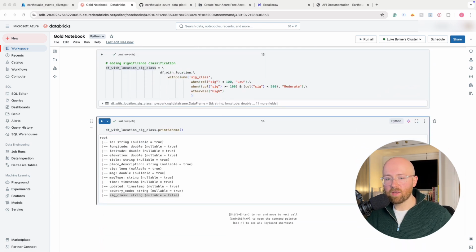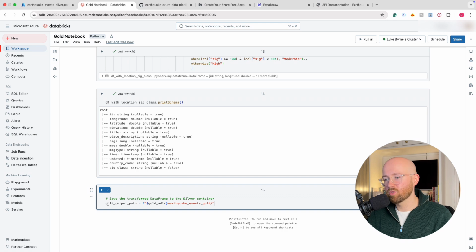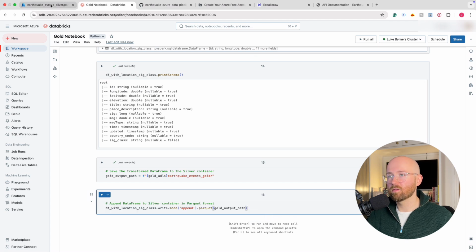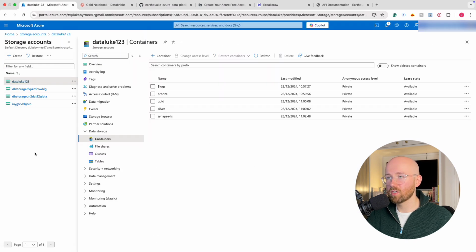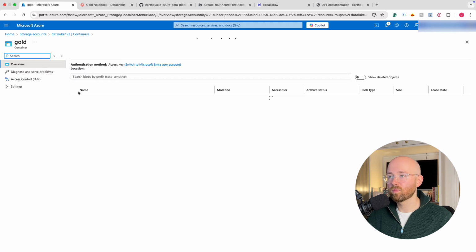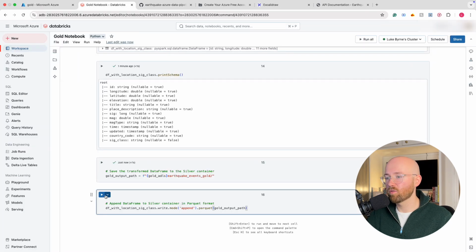So now that we have this data, which is much better for the user, let's save it. So we have this gold output path, gold ADLS, earthquake events gold is the folder we're going to use. So we'll just name that. It's exactly the same as the silver one. And then we'll do another block where we append it. Just so you can see, if we go back to the storage account and go to gold, nothing will be in here. If we run this,